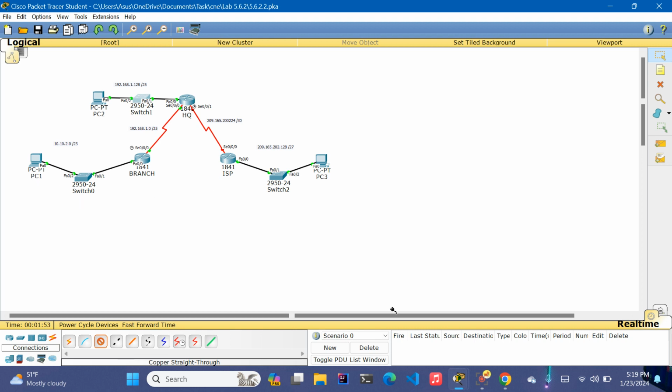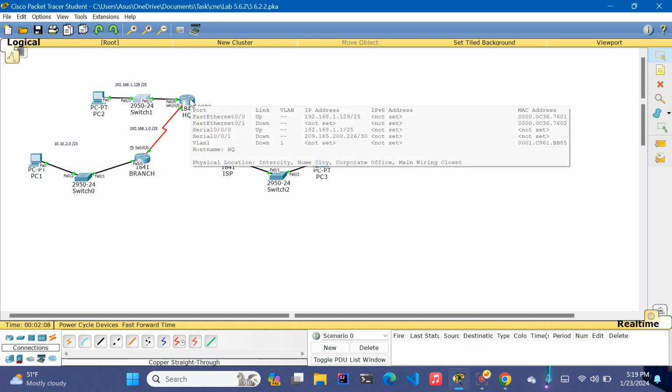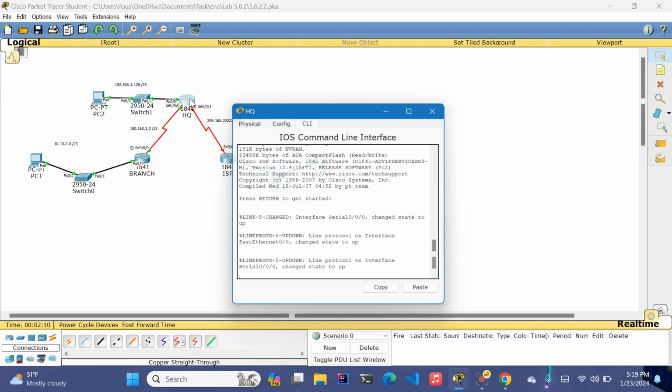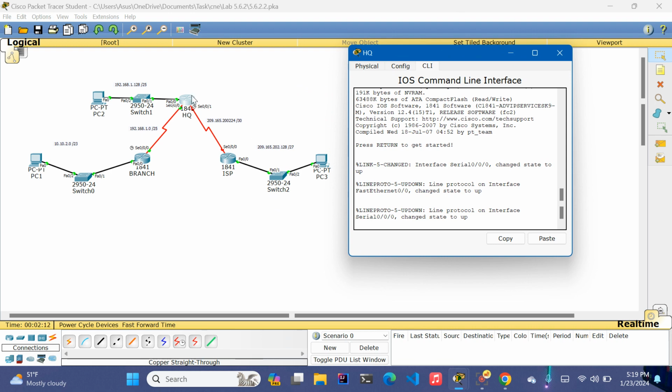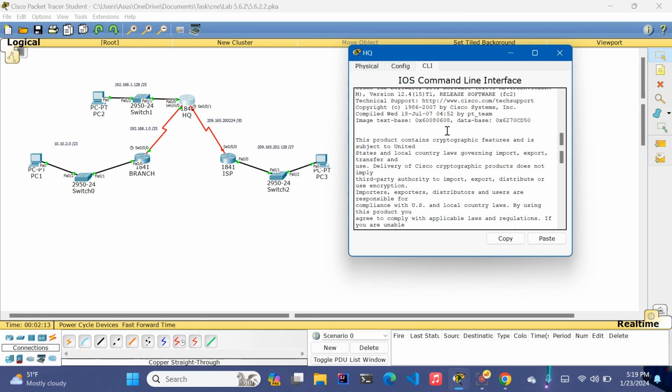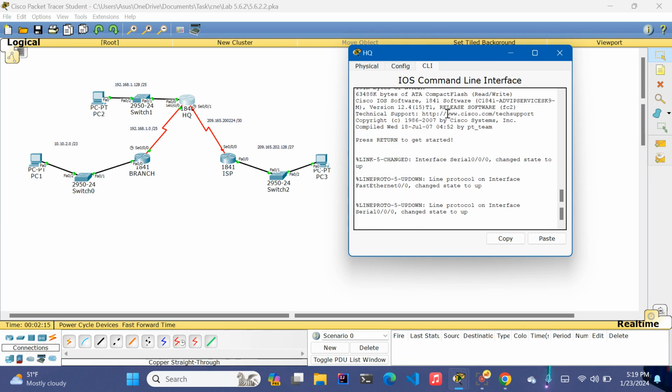And after you connect all of those components, you're going to move into the next step, which is really important. That is, you set up the IP address for all of these components in here. So I will start with this HQ IP address. So click on this, and you go into CLI in here,